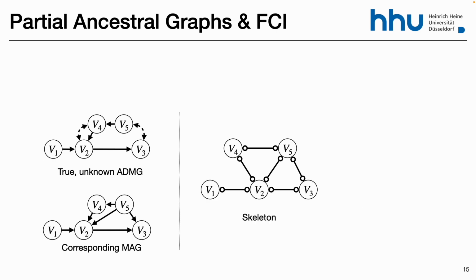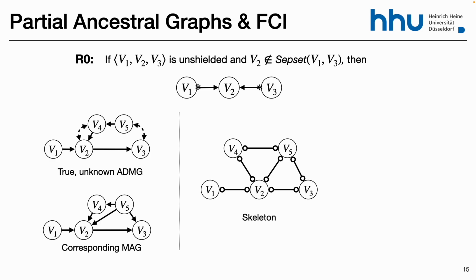Perfect. So rule 0 is to just get the triplets that are unshielded and see if the separating set includes the variable in the middle or not. In our set, we have V1 and V5 separated by the empty set, so this triplet is unshielded. What about V2 then? It's not part of the separating set, so